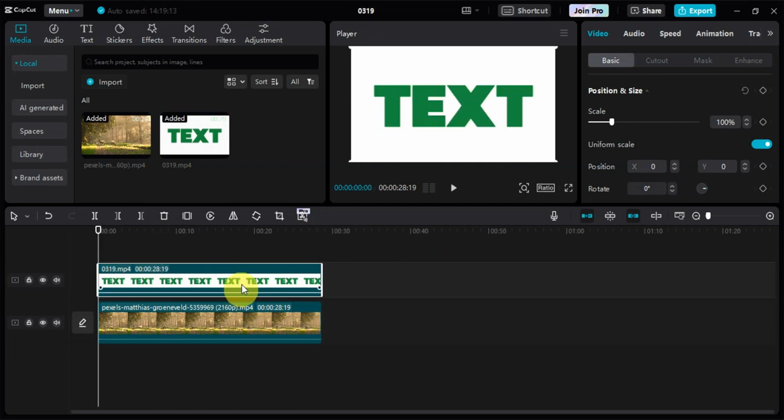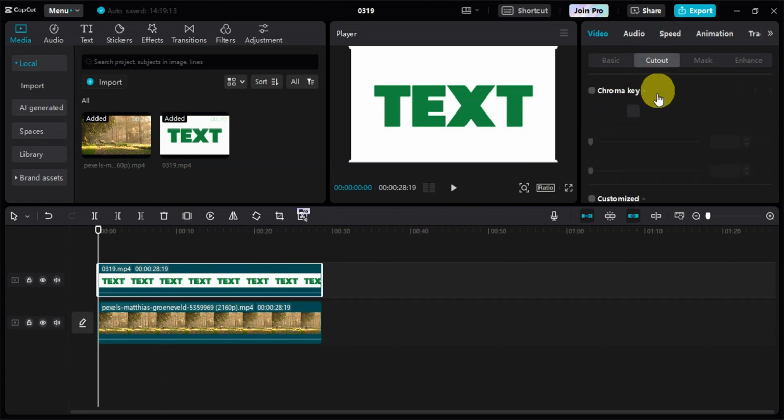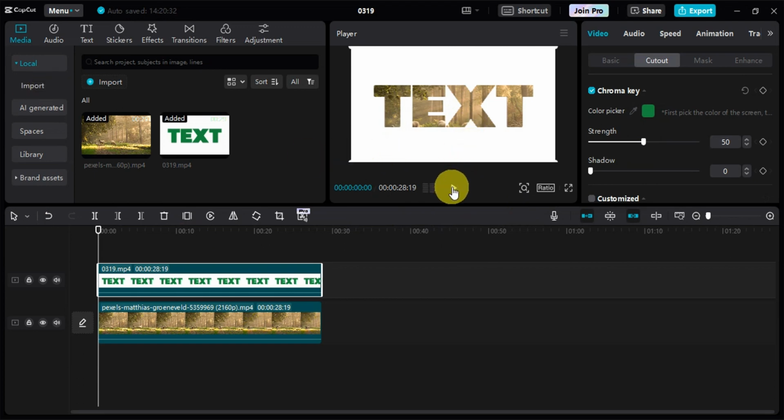And then the next step that we're going to do in here is we're going to try to click onto this one. Click on to cut out here onto the right side. And then we're going to click onto the chroma key. So as you can see, there is a color picker in here. Click onto this one. And then you should be able to point it onto the color of the text. Now we'll just have to adjust the strength for that. So as you can see, we could have this up to until 50, and it should look something like this. So as you can see, the video is already inside the text, and if you play it,